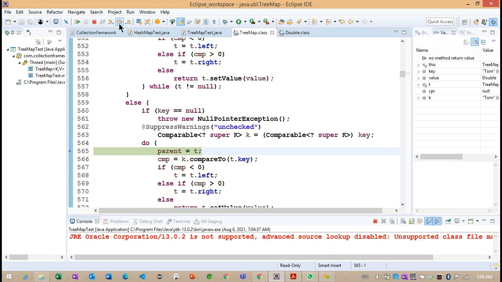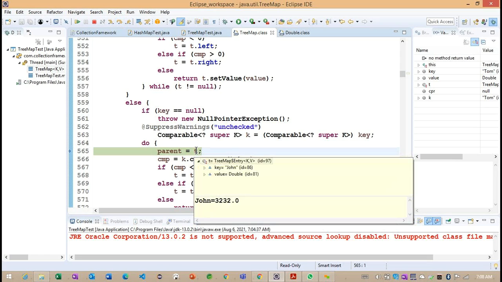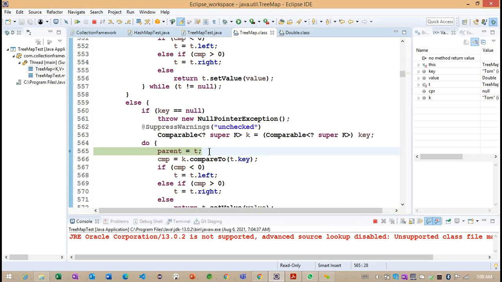The T we are getting from the root element. This is the root we are getting. And now what are they doing here? Whatever root we are getting here, that particular root we are making as the parent here.